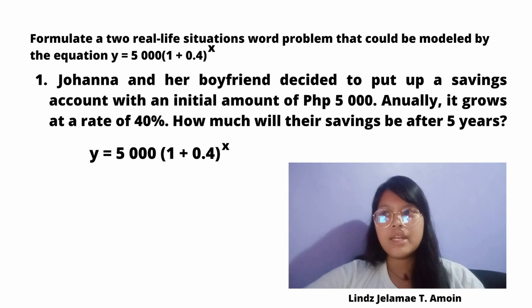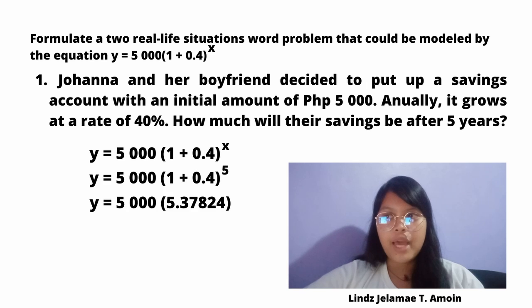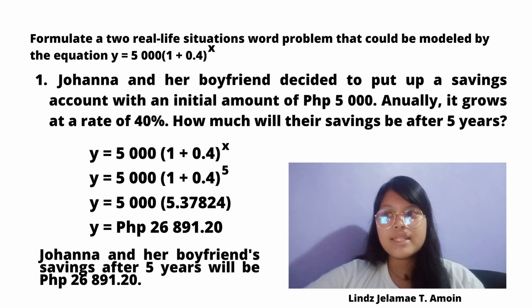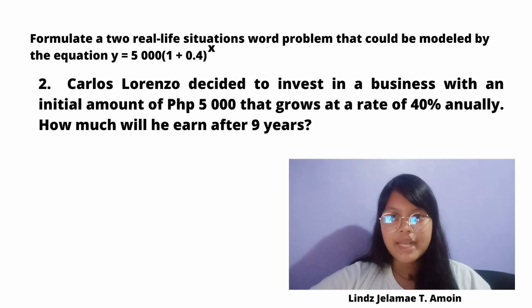So our equation here is y = 5,000 × (1 + 0.4)^x. We're going to substitute the values and solve. We'll get a total of 26,891 pesos, 20 cents. Our second problem is Carlos Lorenzo decided to invest in a business with an initial amount